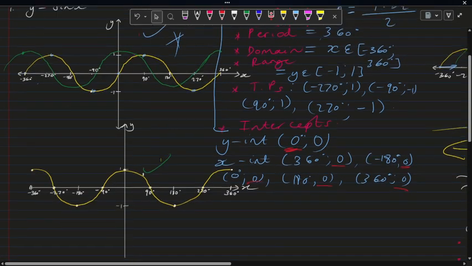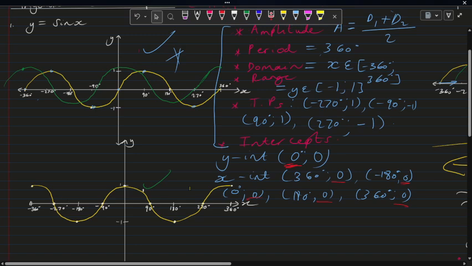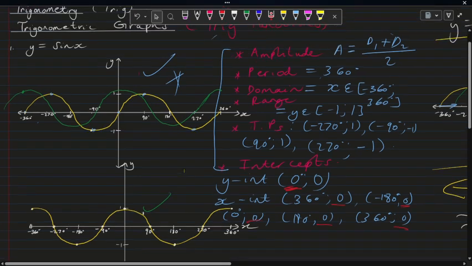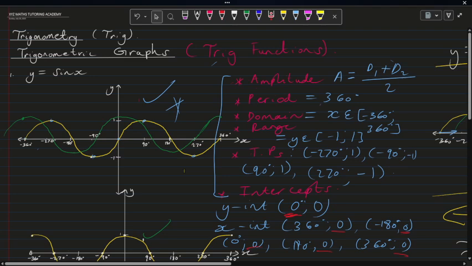Now because of this, it makes sense for me to say that all the features that I have explained for the sine graph are applicable to the